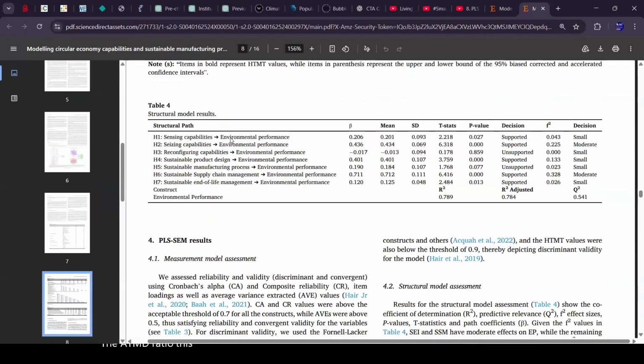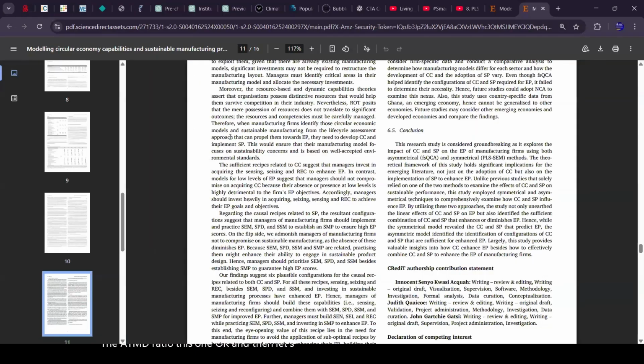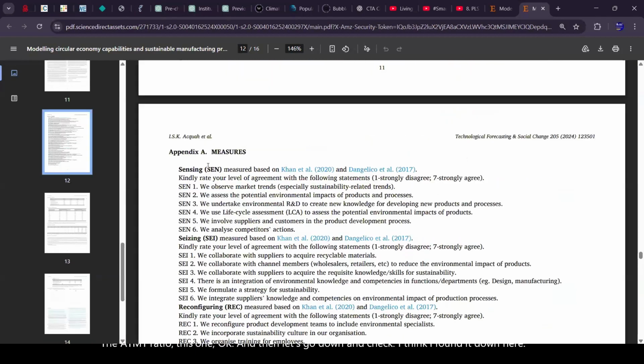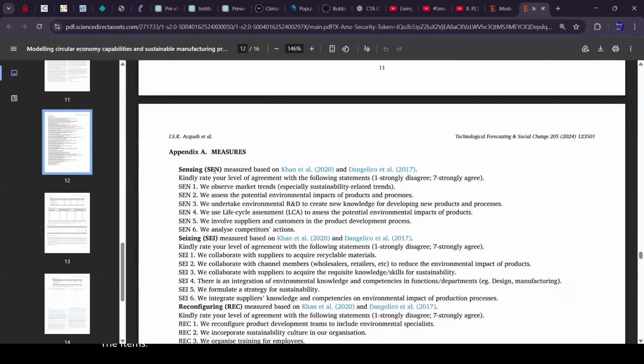Okay, and then let's go down and check. I think I found it down here. Okay, so these are the items. Mr. KB, I hope you can see that. So he was looking at sensing, seizing, reconfiguring. And these are the statements that he asked them. You observe market trends, especially sustainability-related trends. And the questions were on a survey scale, strongly disagree to